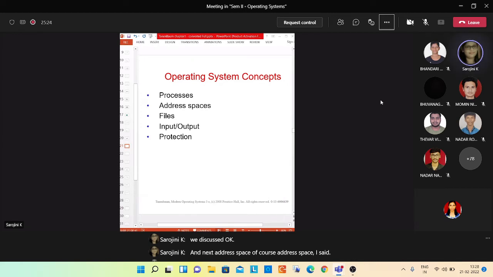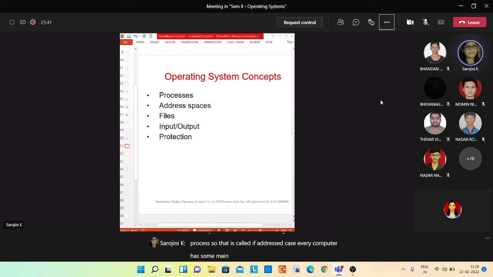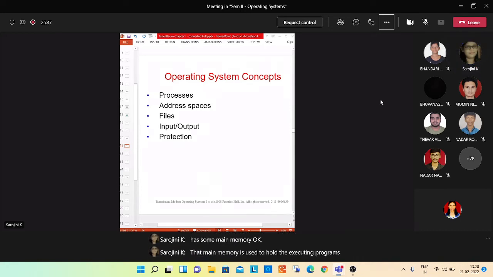We saw actually what is address space. Each and every process will have its own memory, which can be used during the execution of the process. That is called address space. Every computer has some main memory. That main memory is used to hold the executing programs.